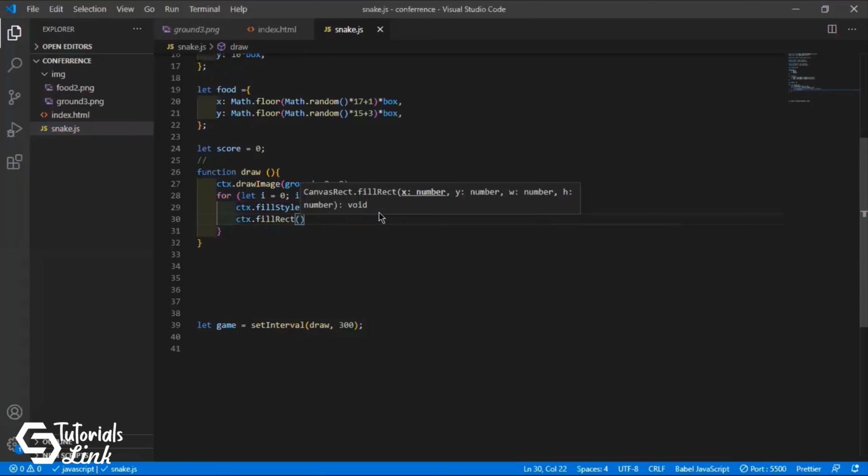Now the main thing is that fillRect will have an X number, Y number, W number, H number. It means that it will have the coordinates of every part of that array. So when I say every part, it means the snake array on its i index for the X coordinate.